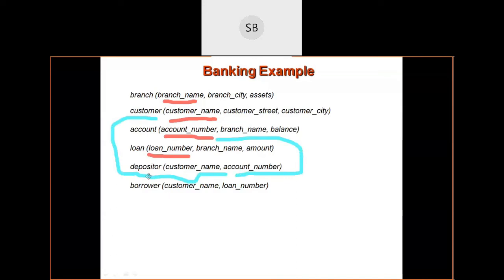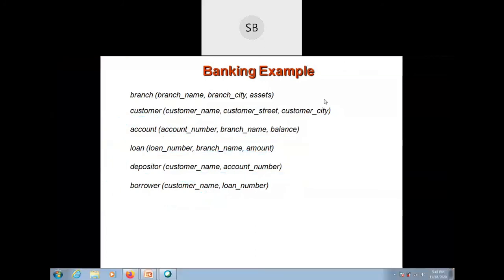Also, borrower has customer name, which is also used as a foreign key, and in the loan table loan number is a primary key, which is also used for the loan number in borrower. So these are the foreign keys. Two tables have foreign keys and four tables have primary keys. So this is the schema.